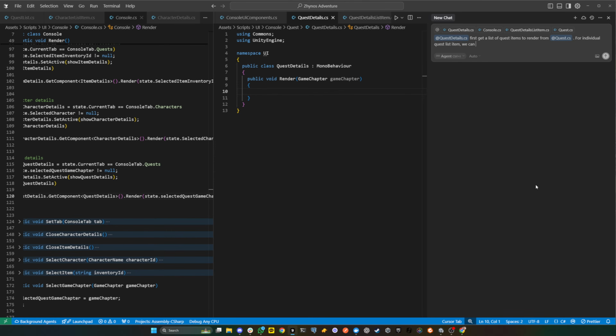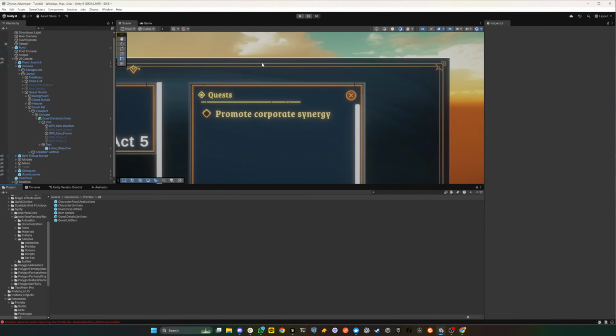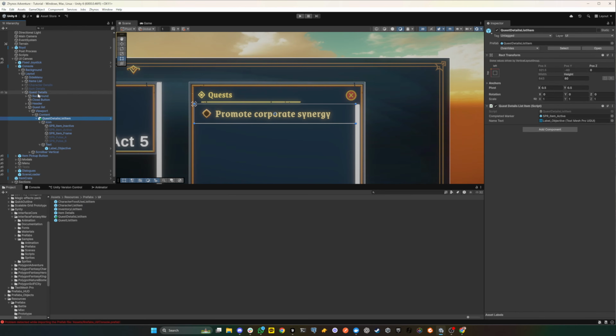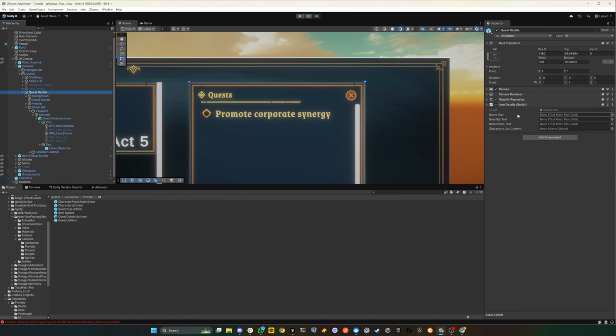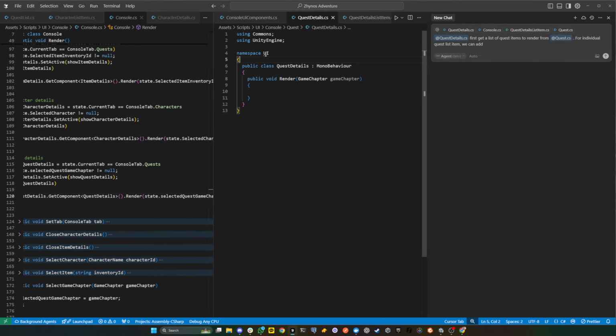We can add details. Item, so we don't need item details. What we need is this one, and then we need